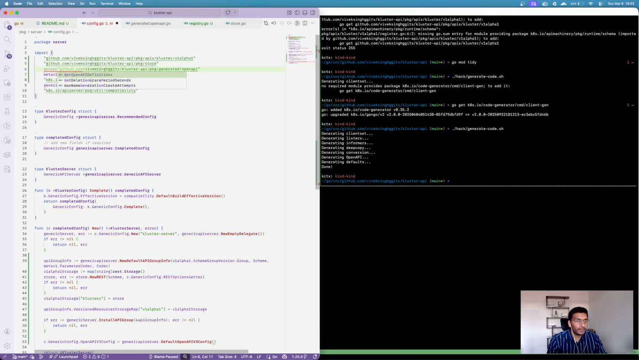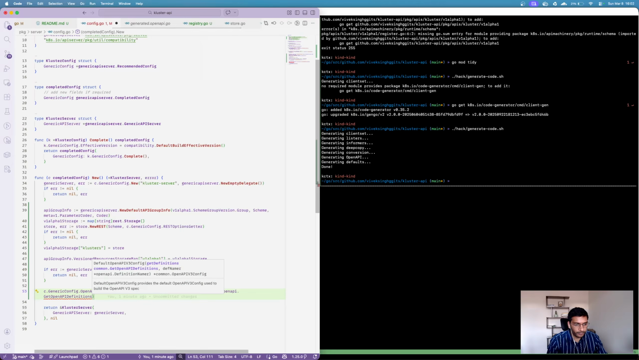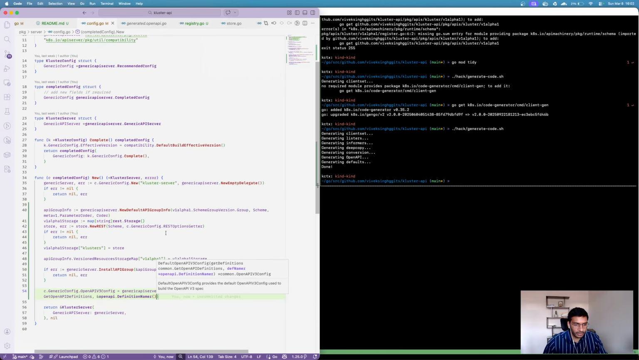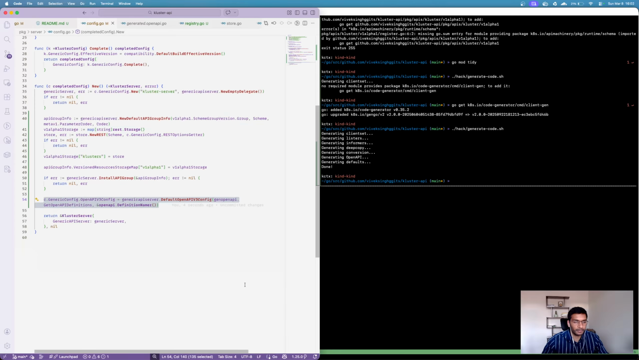Gen open API. Okay, and then definition namer is going to be default. So open API dot definition namer. We are going to customize these things later, but right now I'm just trying to get our API